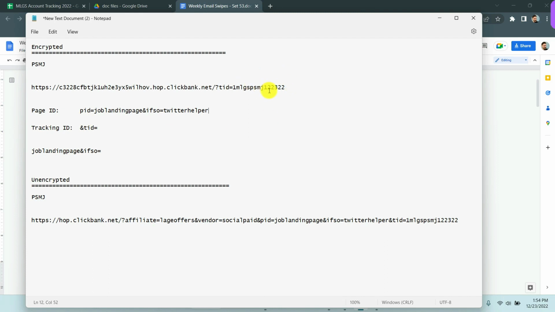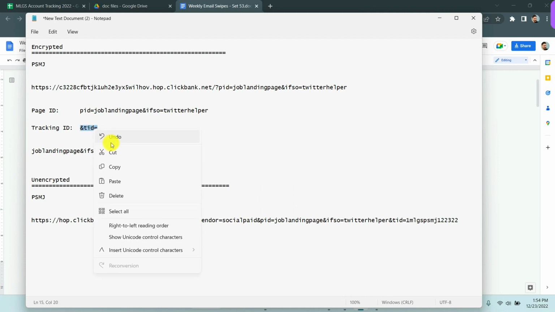So in order to do that, you need to copy this, and then after this question mark right here, if there's no question mark, so say for example you didn't put that, you would need to add a question mark. So shift, and then you would paste the job landing page. So the page ID needs to go before the tracking ID, okay? Tracking ID has to go at the end, okay? And then you can add ampersand TID equals, copy,